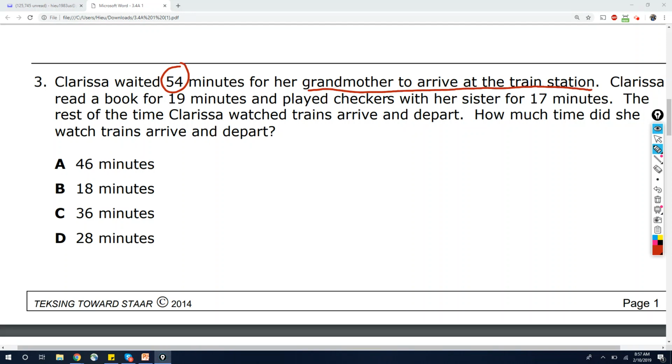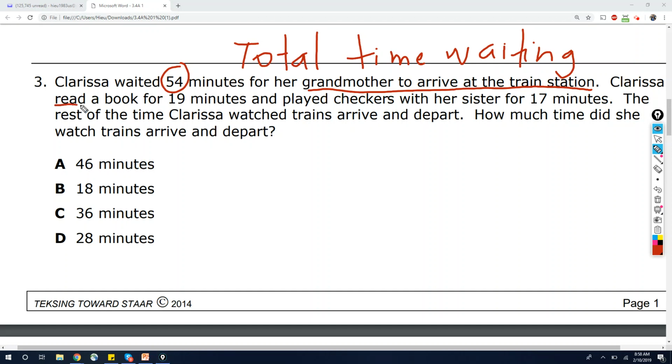Now talk to yourself. Can she wait more, or is all the time that she waits 54? All right, so that is all she waits. So this is a total. This is the total time she waited. She does not wait more than 54. So in this 54 minutes of waiting,